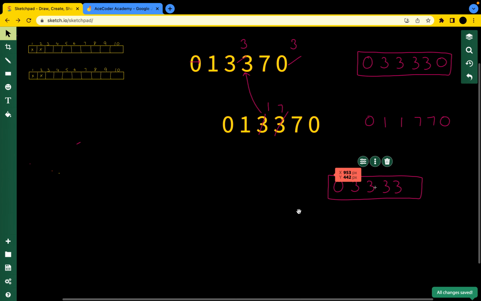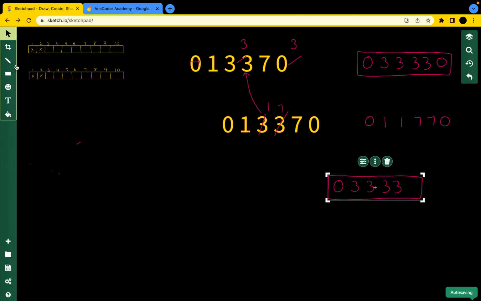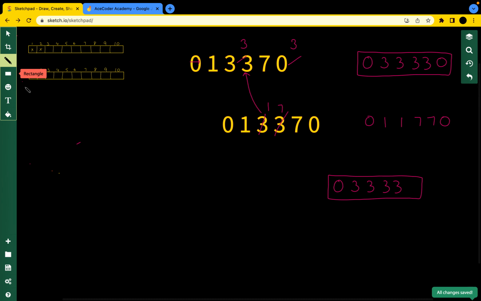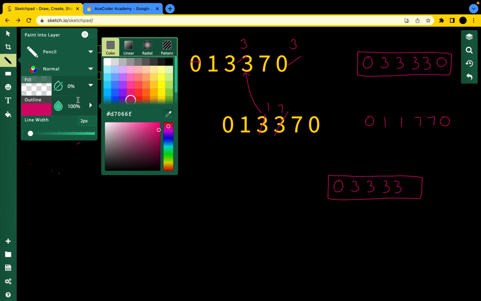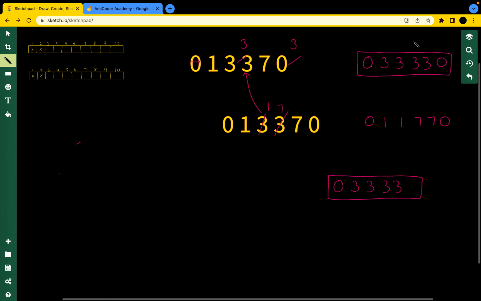Yes, so I have created this as the new array, and now I will perform the operation. Now I will swap this 3 with this 0,